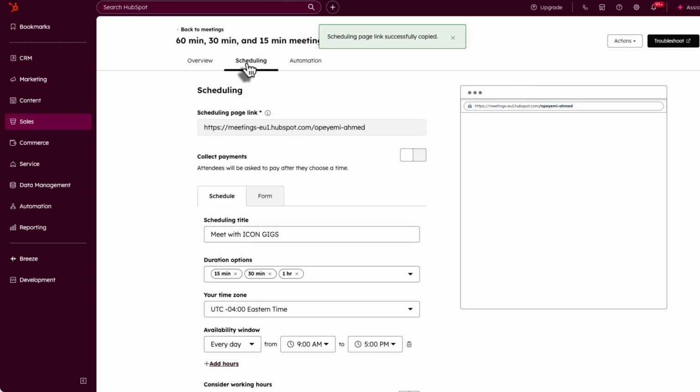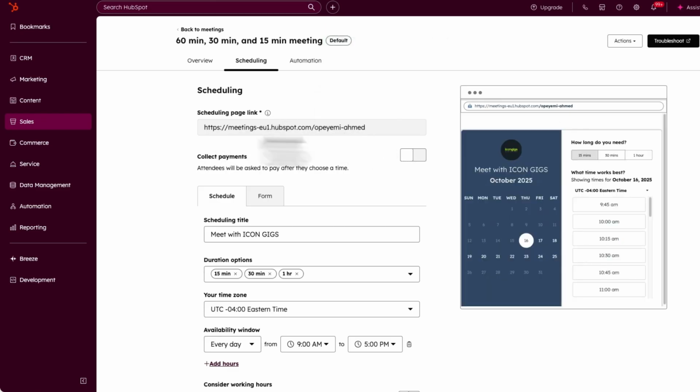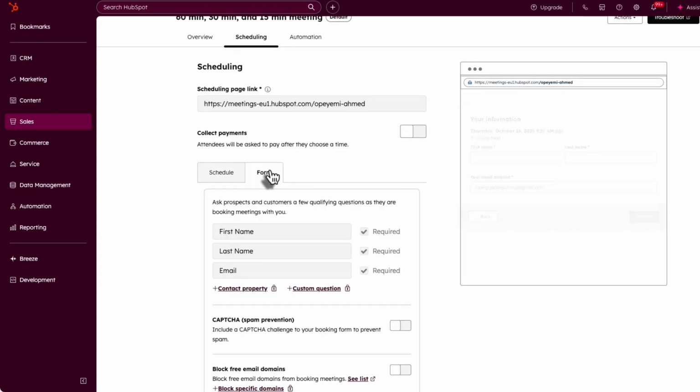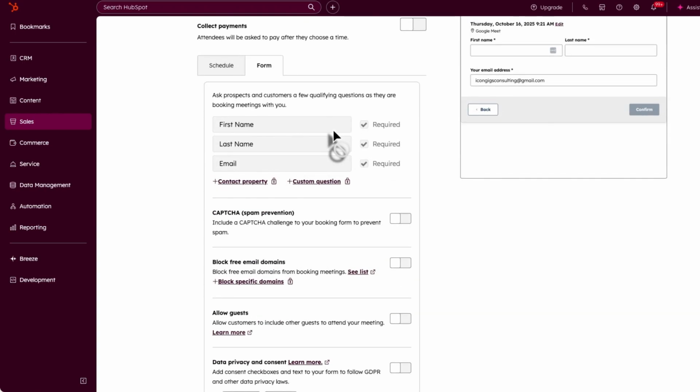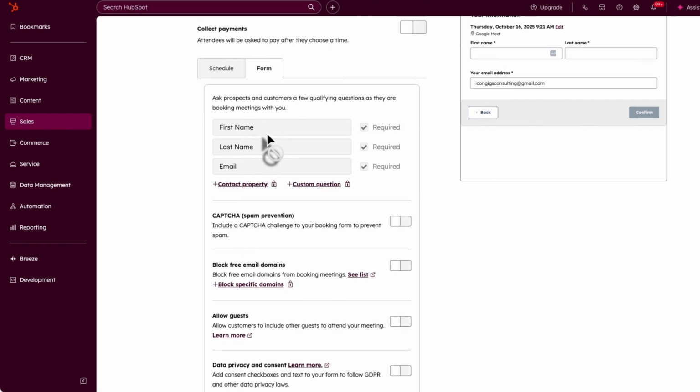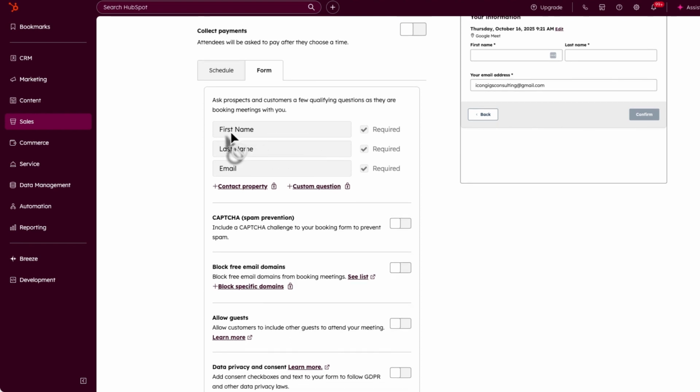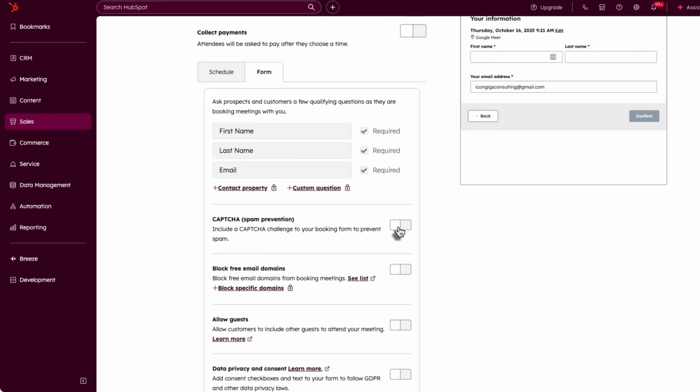So let's go to the scheduling. Now for the scheduling, you may not be able to edit this once it is created because it is default for the appointment booking owner or the appointment owner. And then you want to select a form, informations you want to collect at the meeting, and you can only do this if you have the subscription. But the basic things you need has been provided or can be collected: the first name, the last name, and the email. You want to put in a captcha to prevent